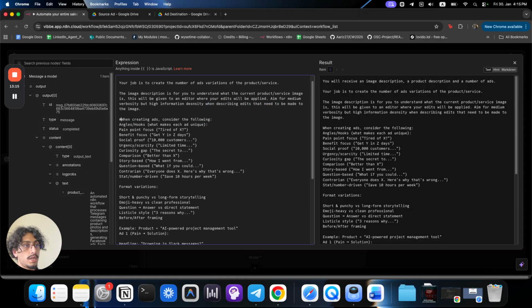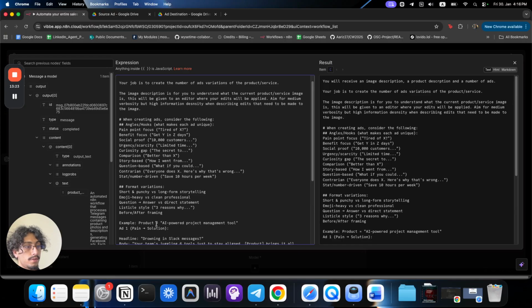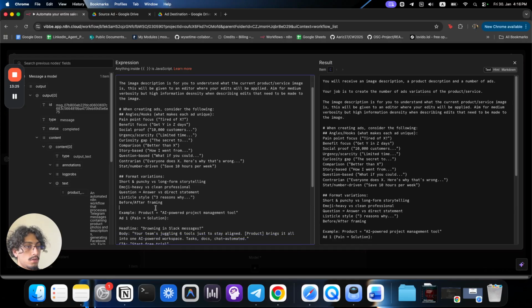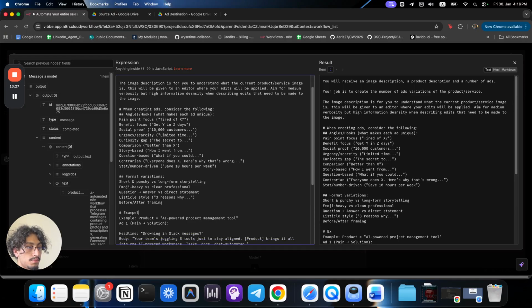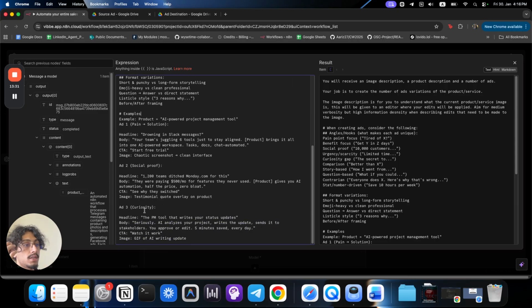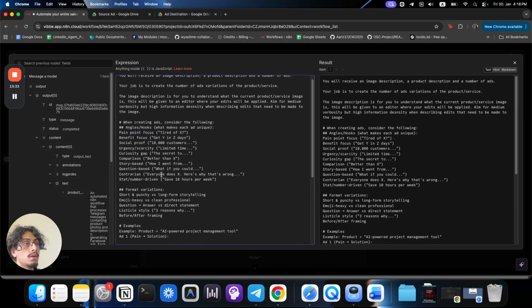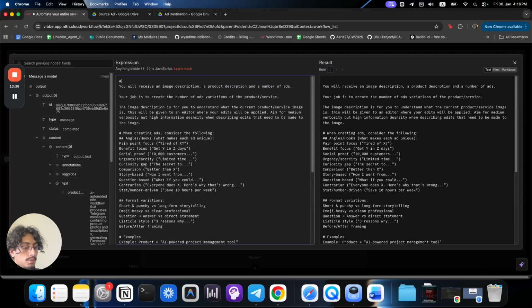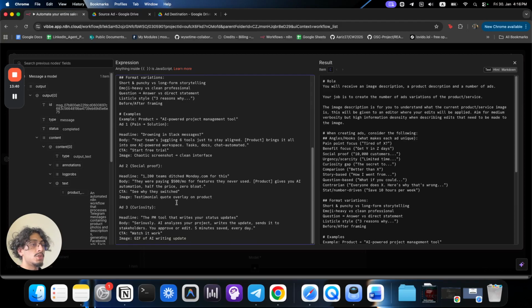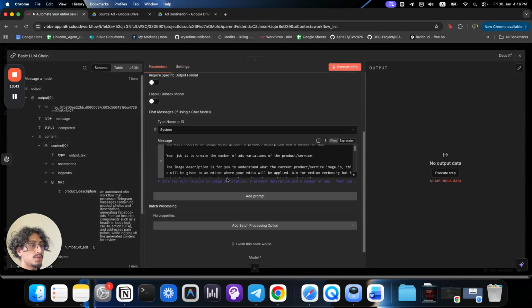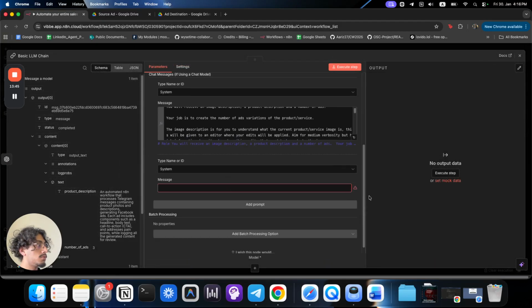Okay, so we'll put a hashtag here and we'll put 2 hashtags here. Angles and hooks, consider format variations. All right, and then here we have some good examples that you can use. So here's where you probably swap out examples for your own ad examples, right? So that you could actually use that. All right, cool. So I'm gonna put here role. Perfect. So this is the entire system prompt of this one, and then the next one will be regarding the